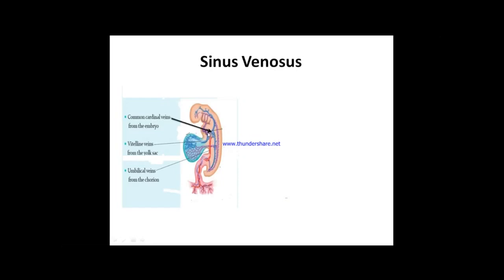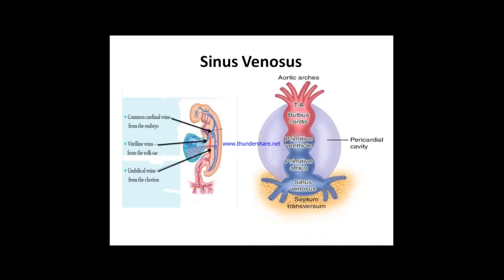This common cardinal vein will enter into the sinus venosus, while from the yolk sac we have a vein which is known as the vitelline vein. This is the vitelline vein which will also enter into the venous end of the heart tube. And then from the umbilical cord we have the umbilical vein which also enters into the sinus venosus end of the heart. So if we compare this heart tube with the first diagram, we will see the sinus venosus part. This is the sinus venosus part which is formed by joining of these different veins. So this is the common cardinal vein